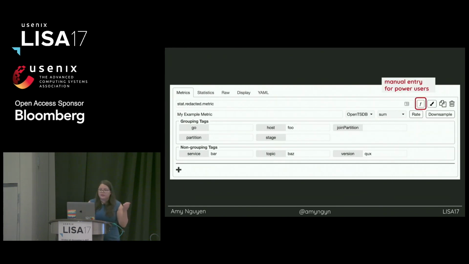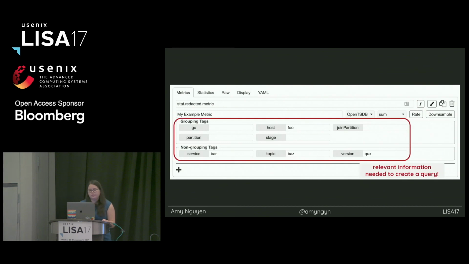You could go back to power users, like the manual entry, which everyone who had been at the company for 5 years wanted. And then you have the tags, so you don't have to remember what's there, and you can click on it, and it'll show you what's possible. So it shows you all the information you need to remember without getting really in your way. And so in my opinion, part of me felt like, no, the old way was so much faster. You could just type stuff out. But when you think about your users and what feedback they're giving you, this is what they are asking for.